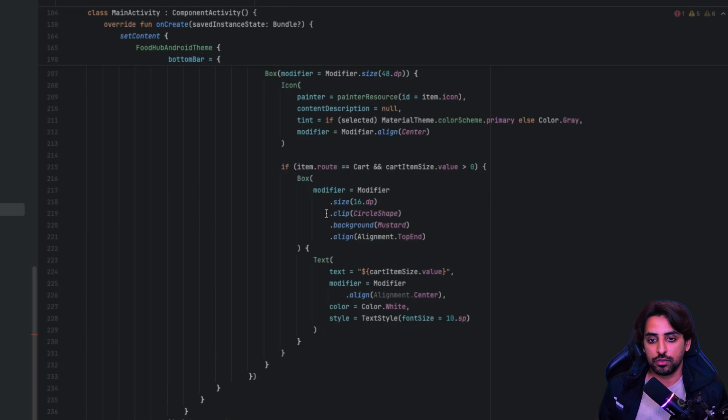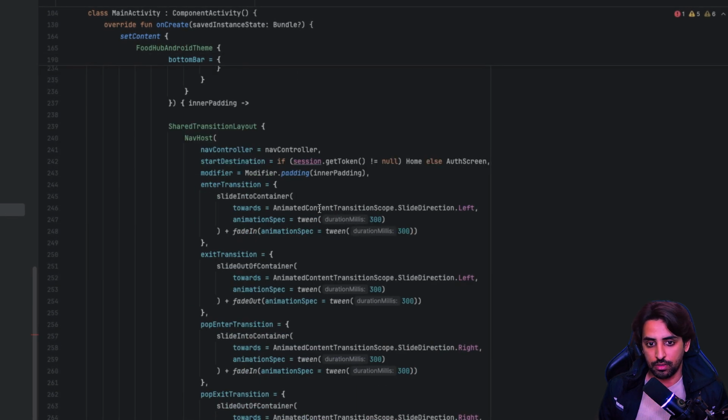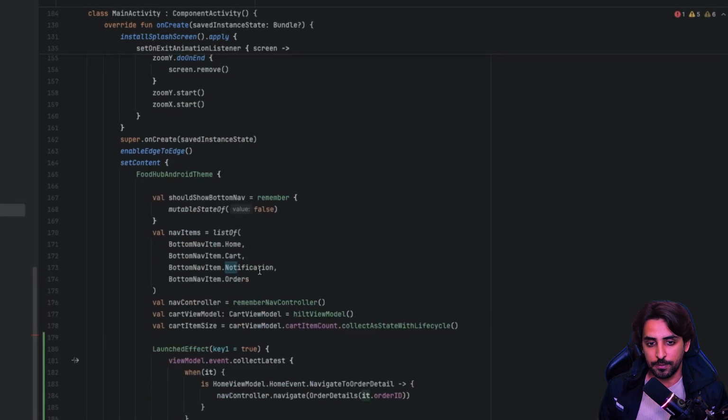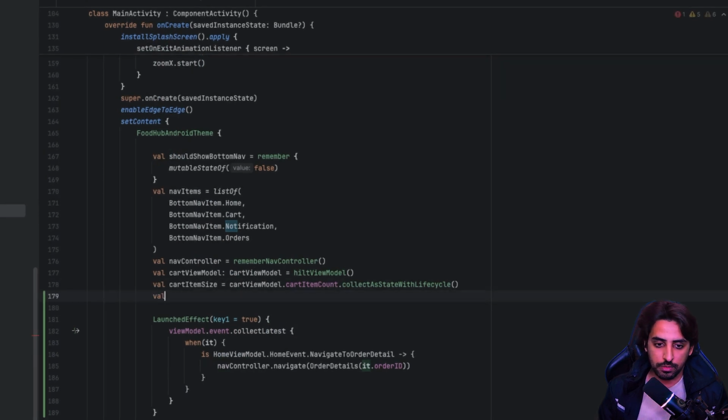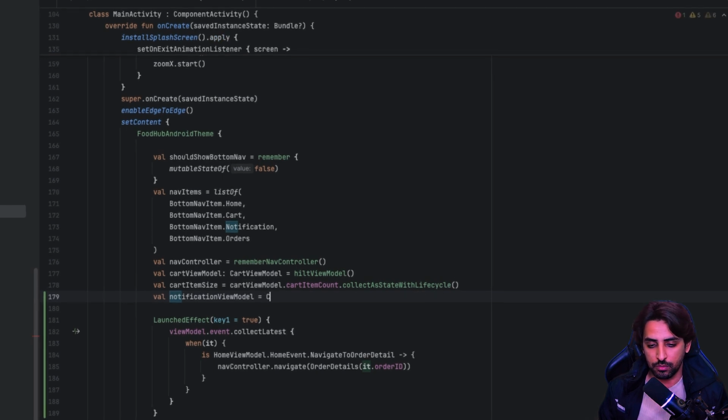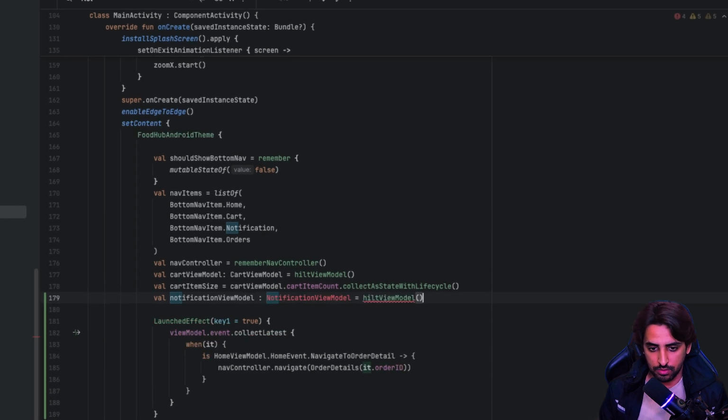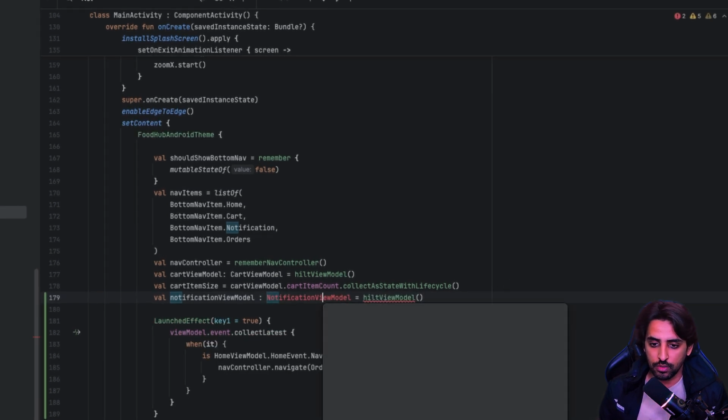So okay, so we'll get over here to the top where all other view models are created, like over here. Okay, so I'm going to say val this is equals to cart view model as notification view model is equals to hilt view model. Okay, and we'll